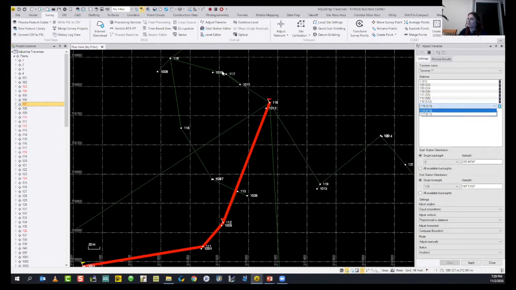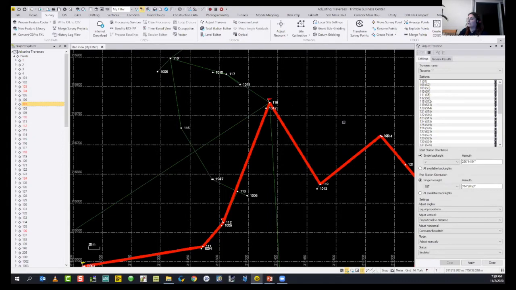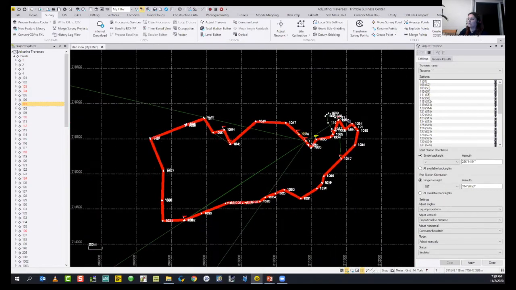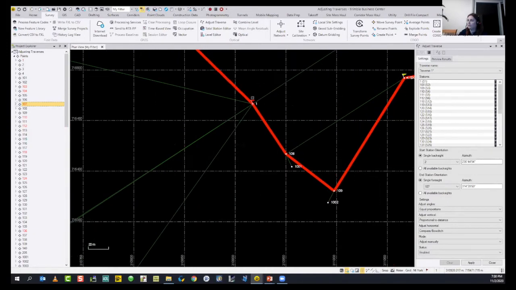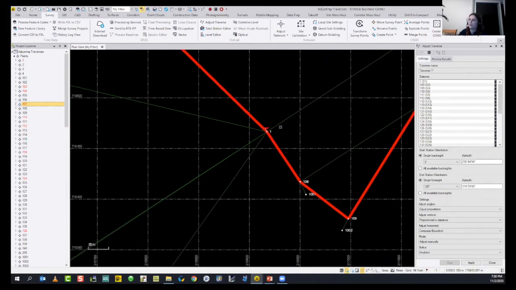I can go up or continue in that way. I will remain as 119. And when I click on this, the loop has been closed. Since there isn't any other option, it automatically closed the loop and ended with the start station and end station as one.